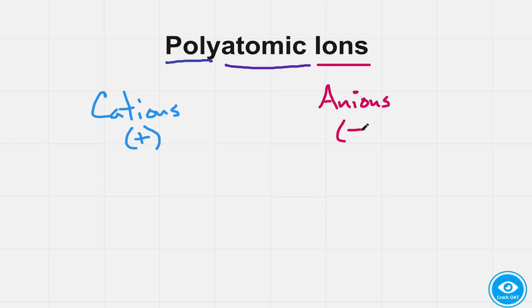It's an interesting phenomenon that happens during the formation of polyatomic ions. Sometimes you can have the loss or gain of electrons when two nonmetals come